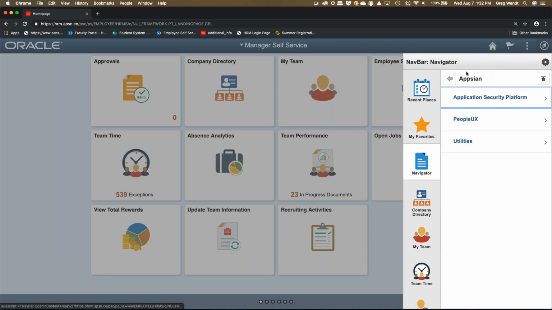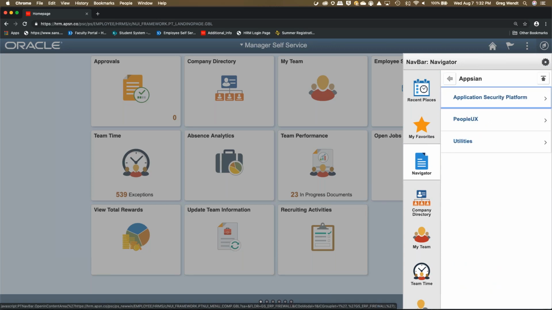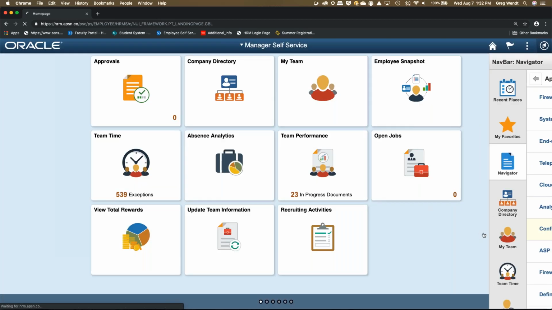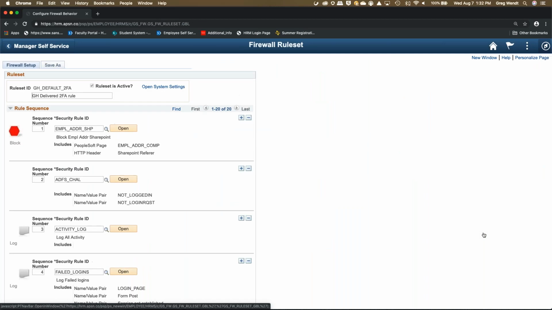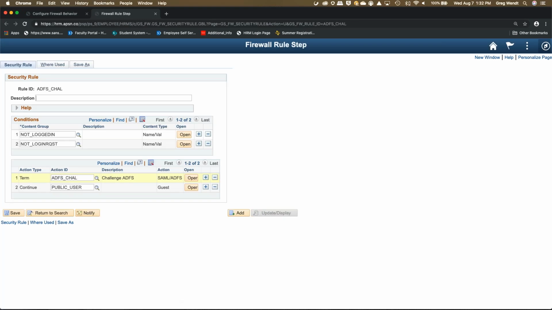So I'm going to go into, and when we talk about our architecture, you'll see that I have a new menu item here called Appsian. This is delivered when we install our application security platform. So I'm going to drill into the menus that are there. When I go into the configure firewall behavior, you're going to notice that I have a rule set up, and it's this ADFS challenge. So I'm going to go ahead and open this up. And through this process,